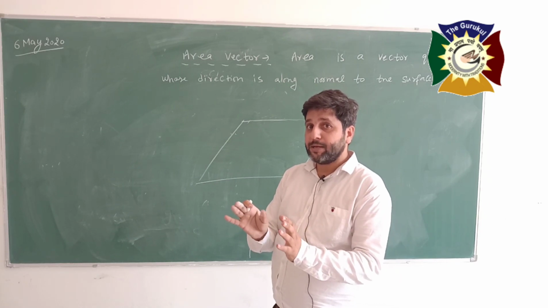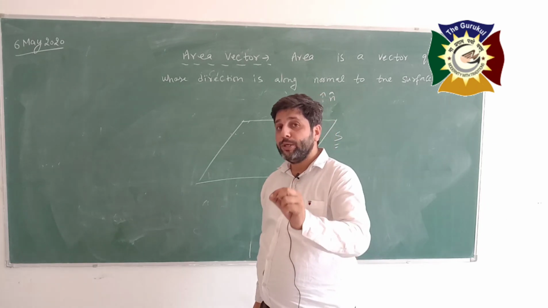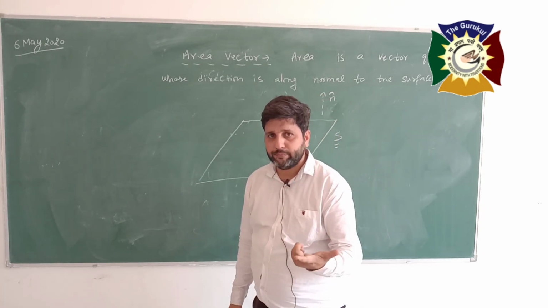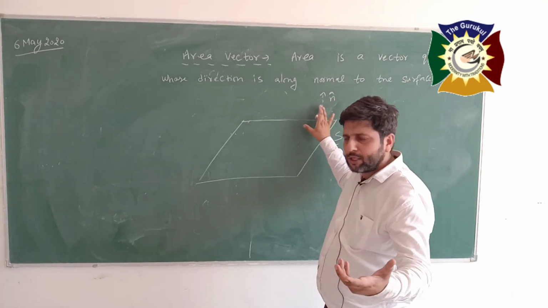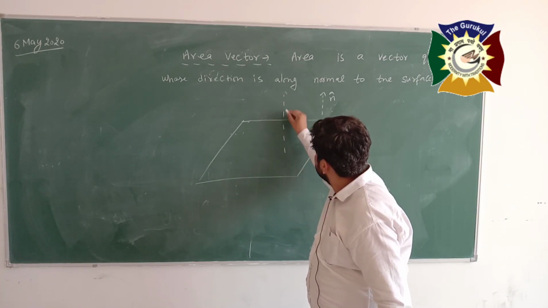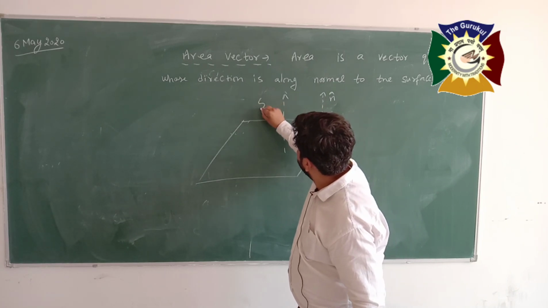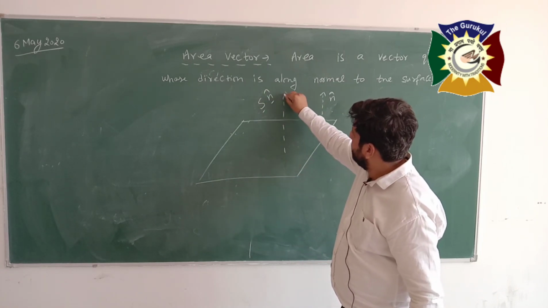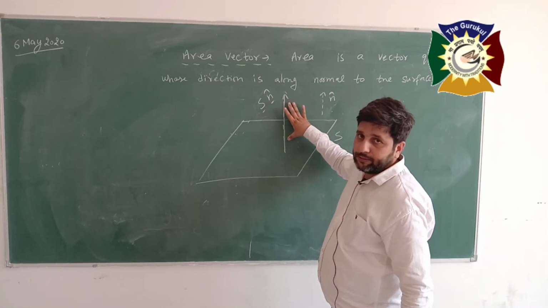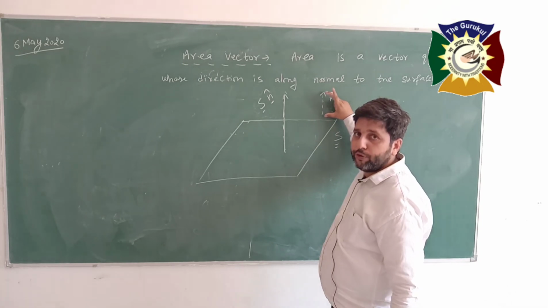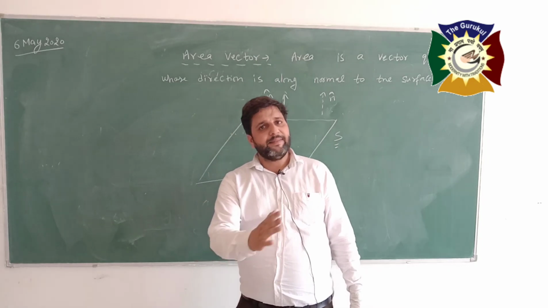A vector is written as the product of the magnitude of that vector quantity and the unit vector in the same direction as the vector. So multiply both the magnitude and the unit vector in the same direction as the normal. Then this vector is called the area vector. This is S n cap, magnitude into unit vector. This is the direction of the area vector. Actually, this is the area vector, and this is the direction of the unit vector. Multiply both and S n cap is the resulting area vector.